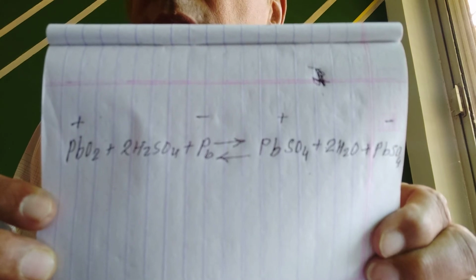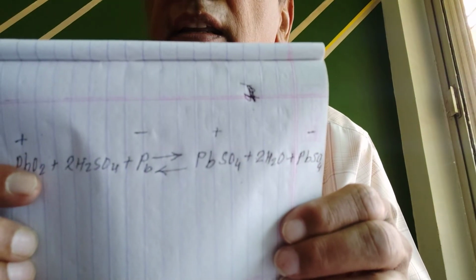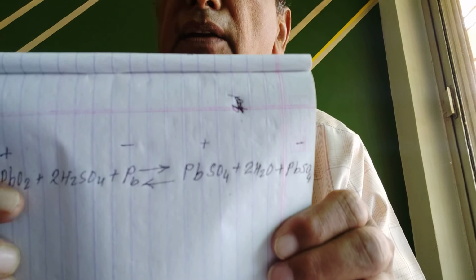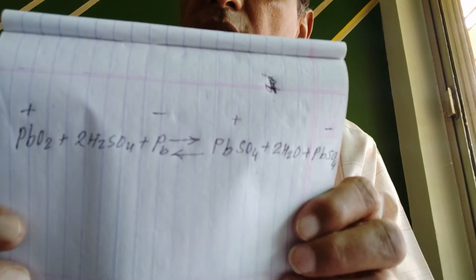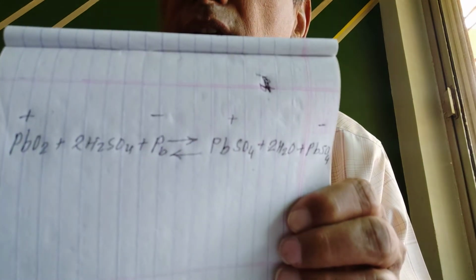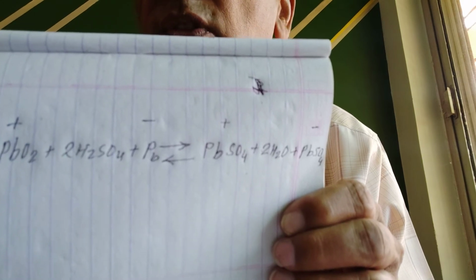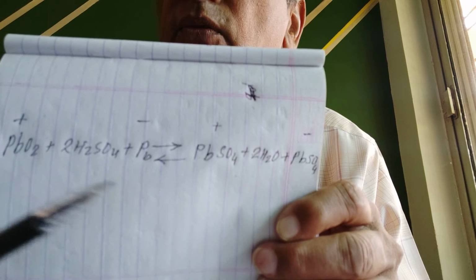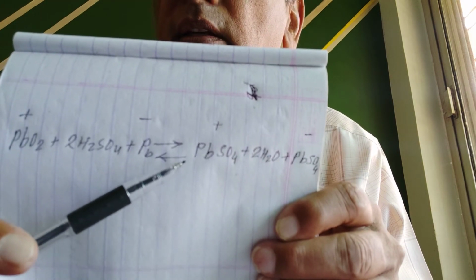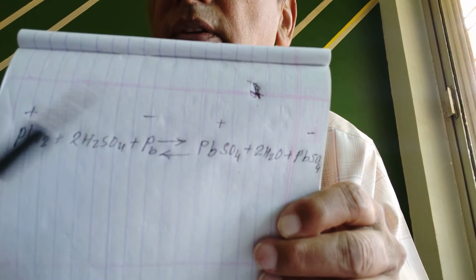So you just see that when this equation is combinedly written, in this form, from right to left and left to right, when we are going from right to left then it is discharging, means we are connecting a resistance across this, and when we are charging the battery then it is the reverse of that. That's why I have shown two arrows in different directions here. First the discharging takes place, then the second arrow will be charging. So this lower arrow is charging, and the upper arrow is for discharging.